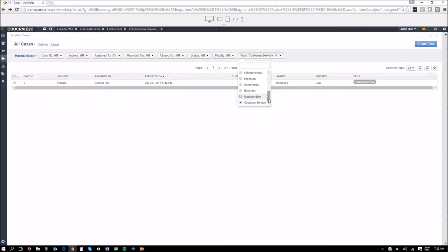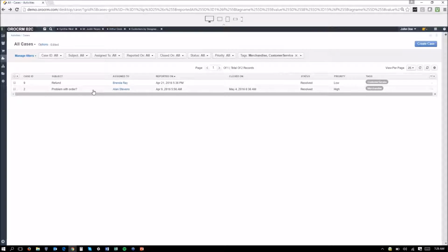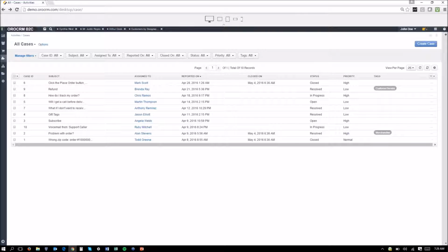So if it's a product issue, we can see how many customers have had product issue problems, and we can also see how many customers have had customer service issues. So you start to be able to track trends within the issues that your customers are facing. Are they facing issues because of your product, or because of your customer service, or because you're setting the wrong expectation on shipping and receiving dates, or you're not communicating with them enough? This allows you to actually improve the process of